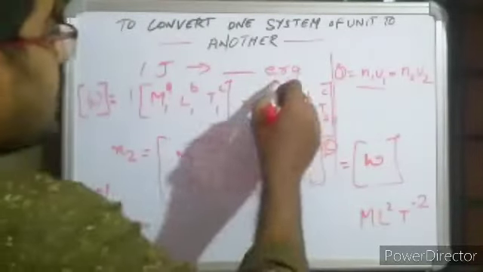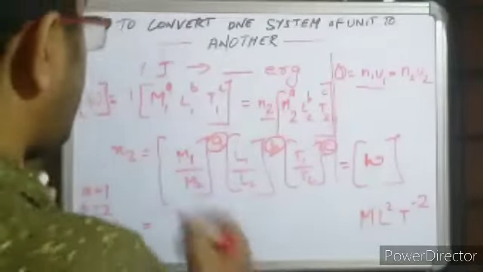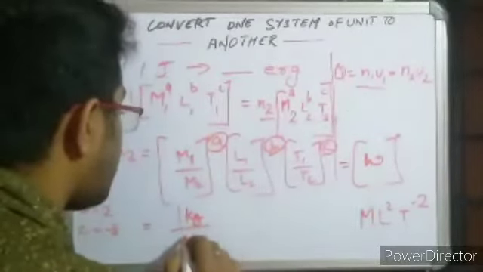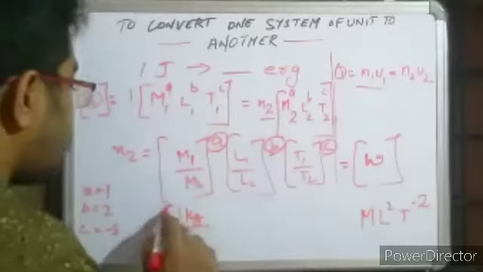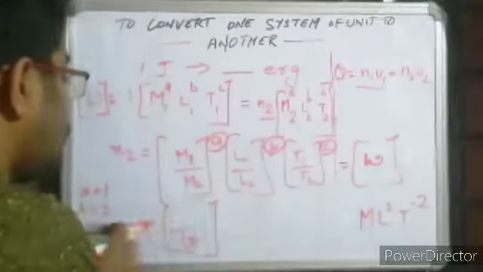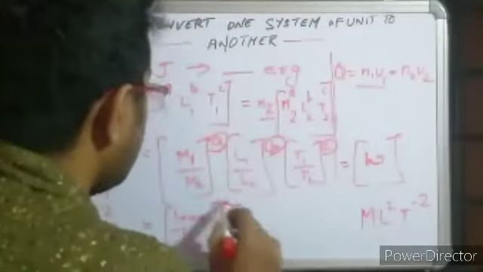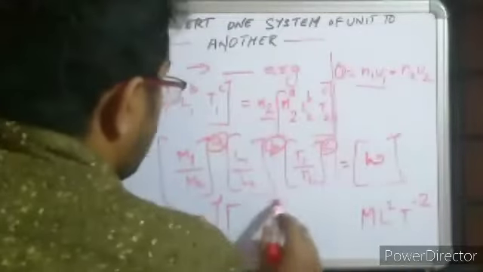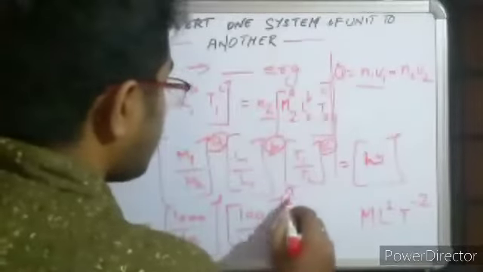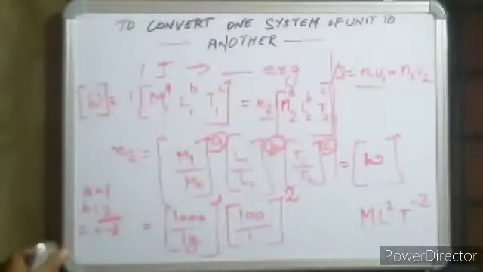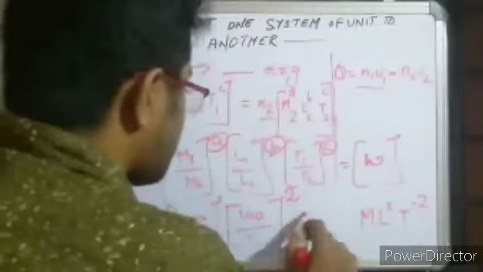But I need my answer in the CGS system. So that will be 1 kilogram divided by 1 gram. You need to convert kilogram to gram, so that is 1000 gram. You have to make it uniform, then only you will get the answer in erg. Into, to the power 1, 1 meter divided by 1 centimeter, that is 100 centimeter, to the power 2 because b is 2, into T1 divided by T2. Second, no need to use that here, just 1 is sufficient.